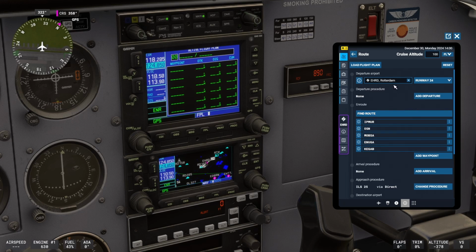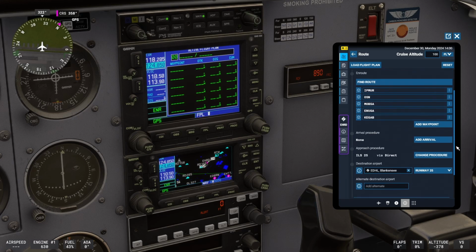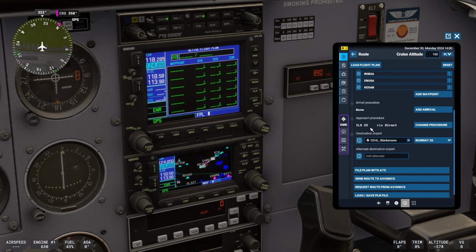So I'm departing from Rotterdam The Hague Airport, runway 24, there's no departure configured, there's a route which I did find using the EFB, and then we've got ILS number 25, it's a direct approach, and then to Blankensee, which is in Germany. As mentioned already, I didn't press this option because I simply want to configure the flight plan manually, and I want